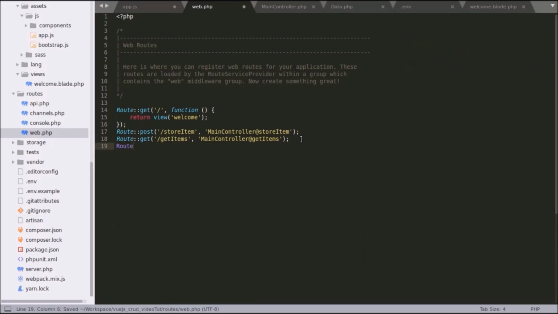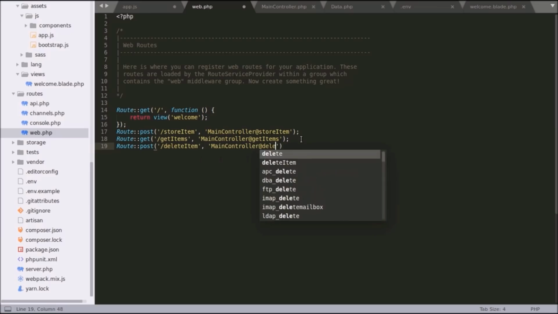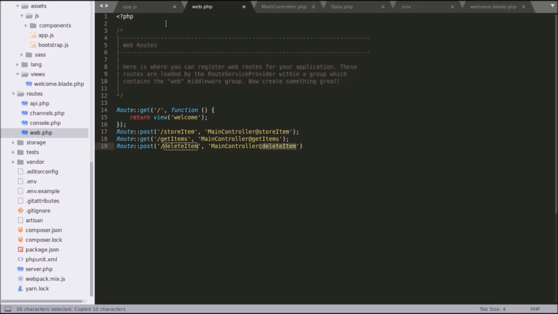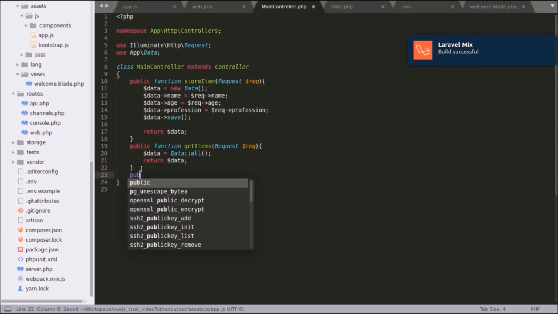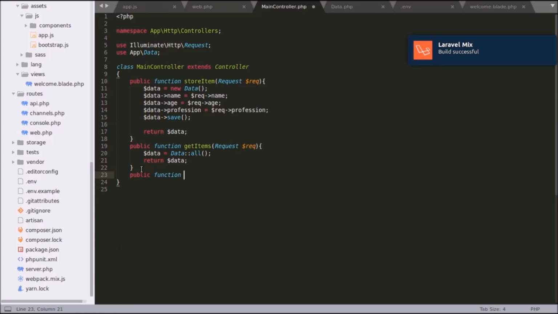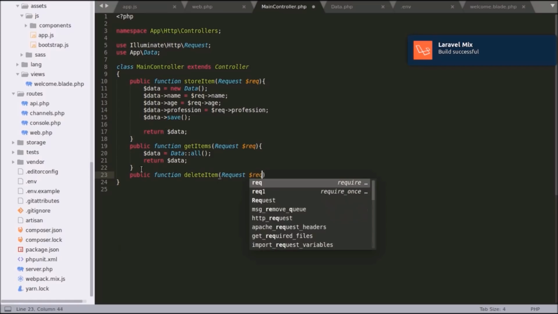Actually I have mentioned it as post. There is another parameter for another HTTP verb for delete, you can use that, but I'm going to use this post itself. Main controller at delete item, and I'm going to create this function now. Let me save all this. Public function delete item, request,